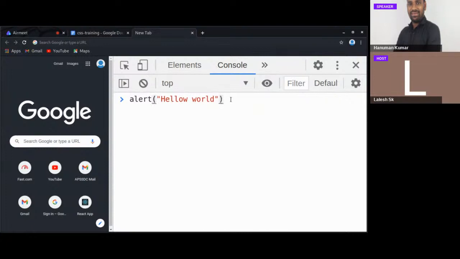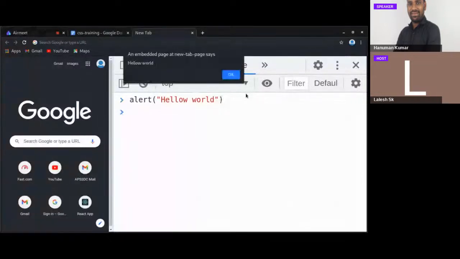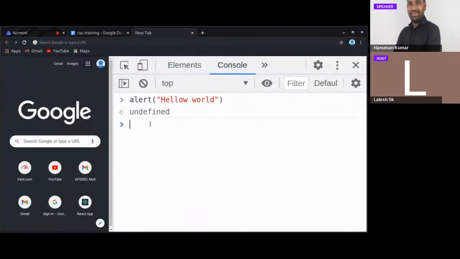So we have 3 kinds of pop-ups. Remember, everyone, the first one is alert. By using this, we can get an alert like this. We're able to see the alert in the browser, that is hello world. Similarly, we have another one. Remember everyone, this is for showing the output, and if you want to get that information from the user,